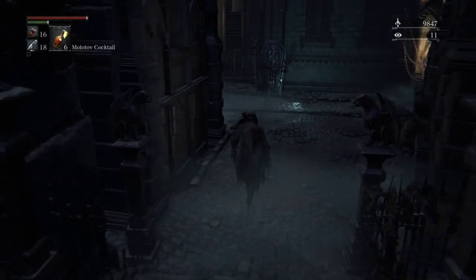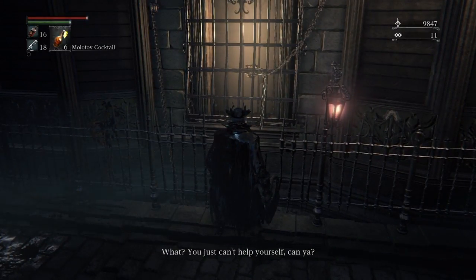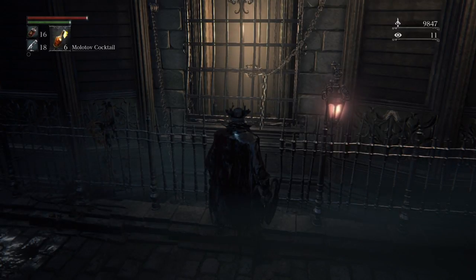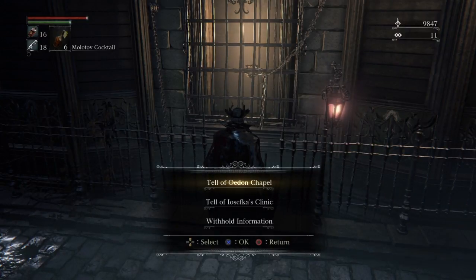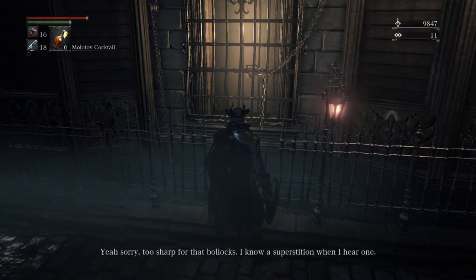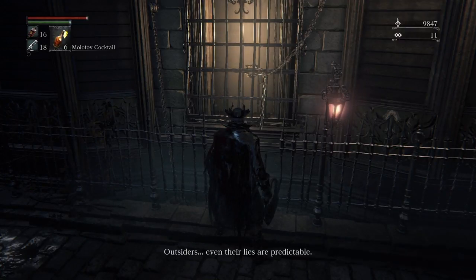Alright, now let's go over here and talk to this guy. Okay, so this guy, he'll do the opposite of what you say. So if you tell him to go to Odin's Chapel, he'll go to Yusefka's clinic. But if you tell him to go to Yusefka's clinic...